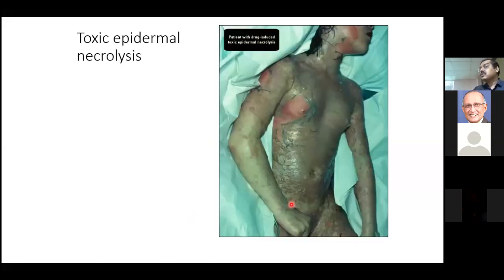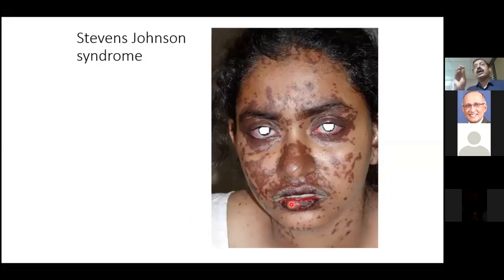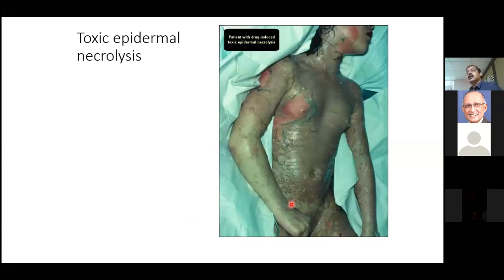So how do you differentiate between Stevens-Johnson syndrome and toxic epidermal necrolysis? That is also something you all should know, right? In Stevens-Johnson syndrome, it can progress to TEN, or you can get a de novo TEN. Viral infections cause a de novo TEN. Mycoplasma causes a de novo TEN, right? So in TEN, you will have skin peeling off in sheets of the epidermis, right? Whereas in the other one, you will only have focal areas of hemorrhagic crusting or vesiculation. So the other one is more risky because life-threatening. It has a lot of attendant complications to that.